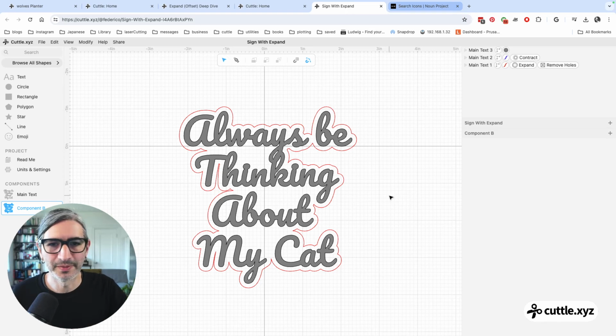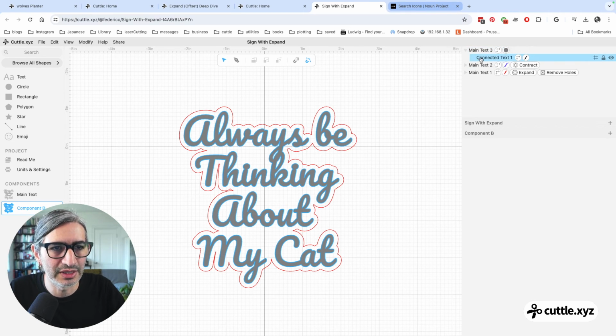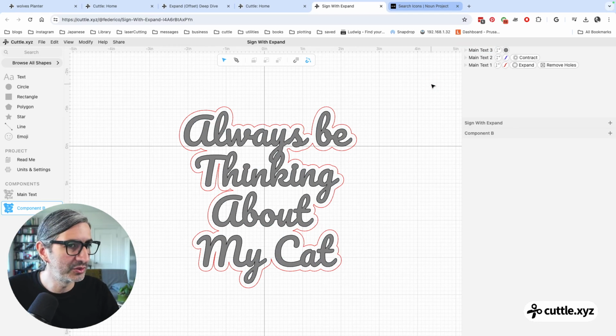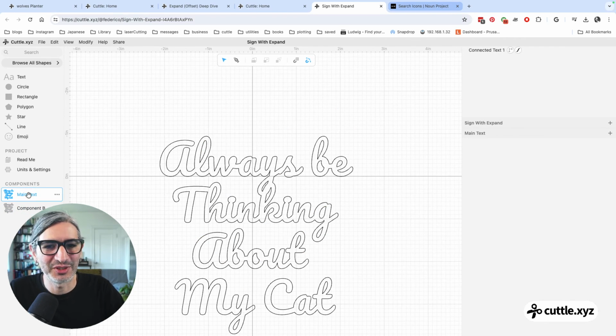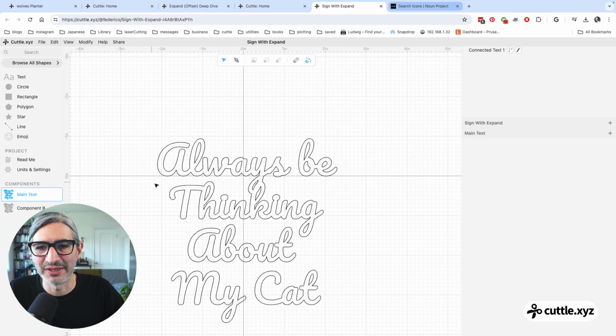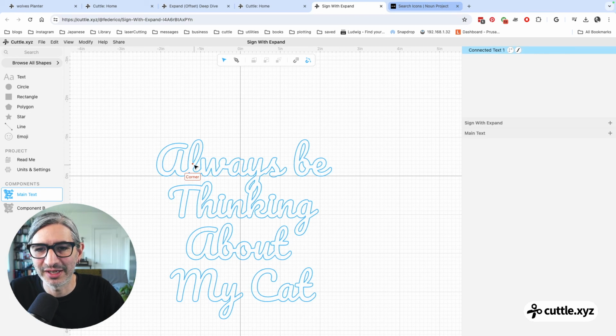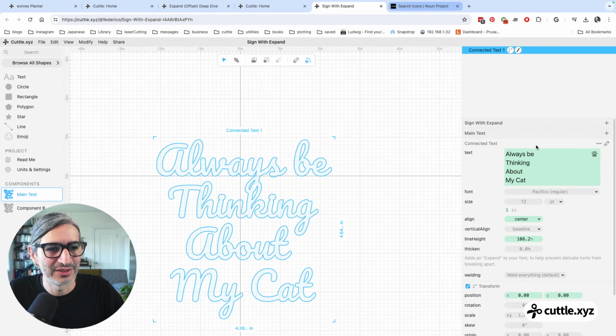But the way I was changing the text here was going into it and clicking it, and we can do that better. We can make it more template-like. We can make it into a template. So I can do that trick where I extract it as a parameter. I'm going to go to the main text that I created and select it. There is this text right here, and if I click on the three dots to the right, you'll see that there is an option that says